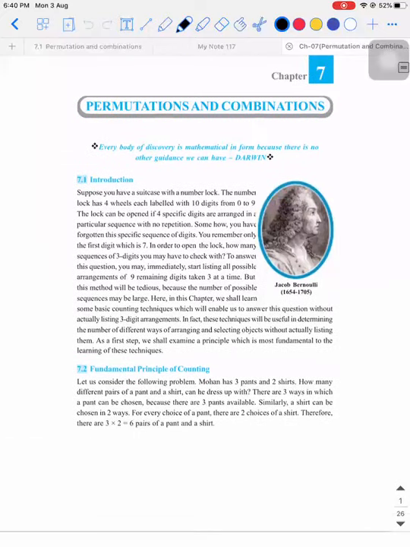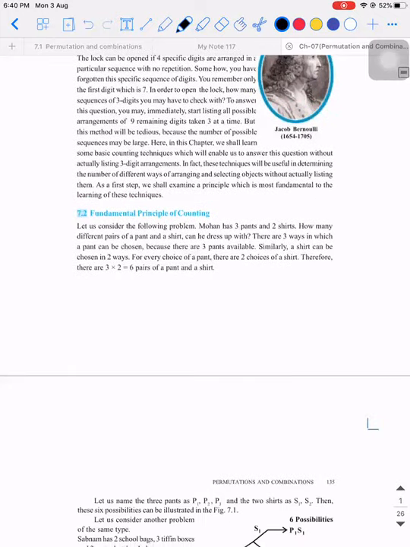So, before we get into the topic of permutations and combinations, the first thing that you're supposed to know is called the fundamental principle of counting. So let's understand what this fundamental principle of counting means. We will first look into certain examples. We will try to write whatever output cases are possible, and based on that, we will try to derive a formula. So in this chapter, you're going to take an example. With that example, we will try to analyze certain factors. With those factors, we will be constructing the required formula. So formula has not come just like that. It is all because of the observations that we do.